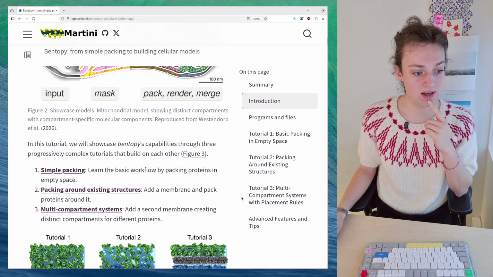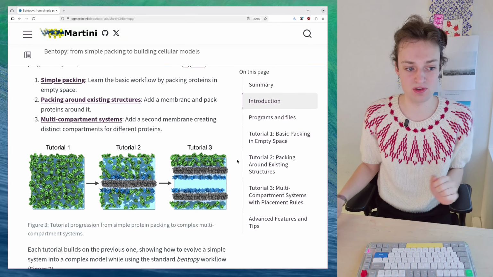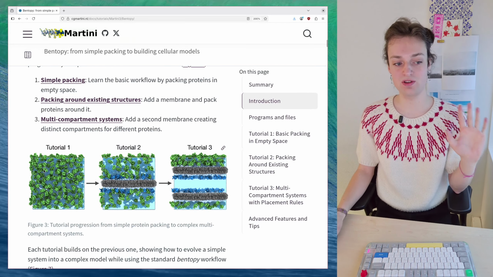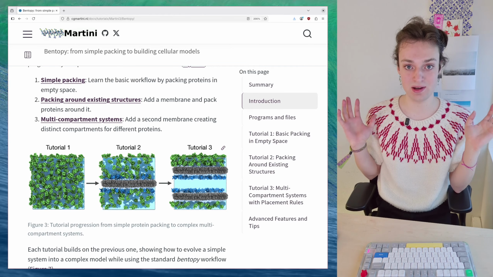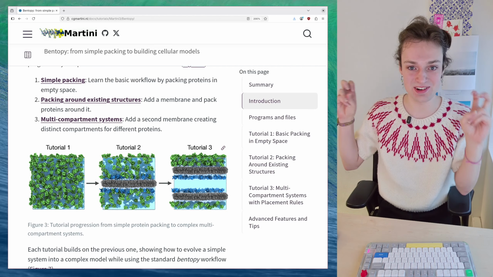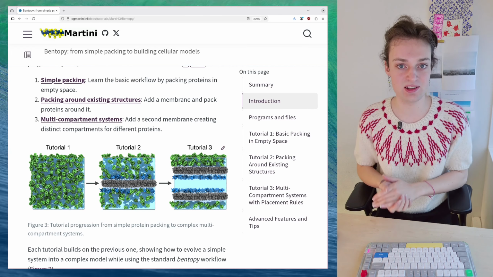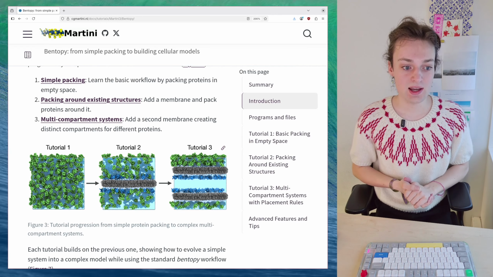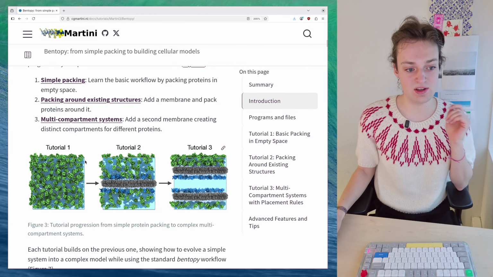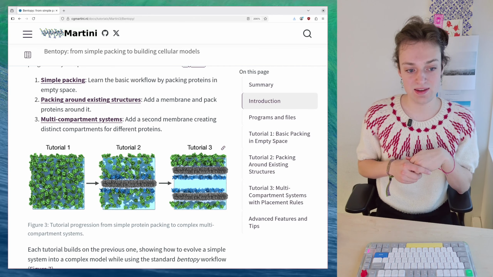And here we'll see that we have three parts of this tutorial, right? So first we'll just fill a periodic box with a bunch of lysozymes, the classic lysozyme starter protein, you know, for MD. And so we'll fill this box with protein, and then we'll solvate it and look at it, see what we made. And here you can see that we will move on to tutorial 2, and that involves a